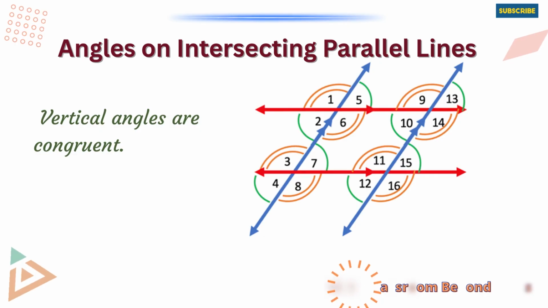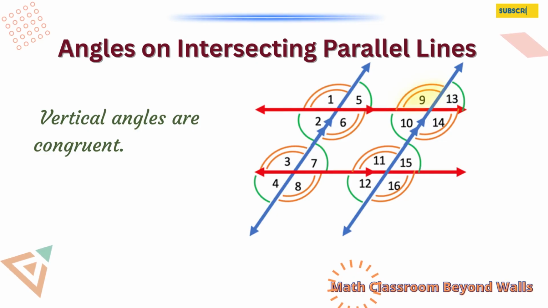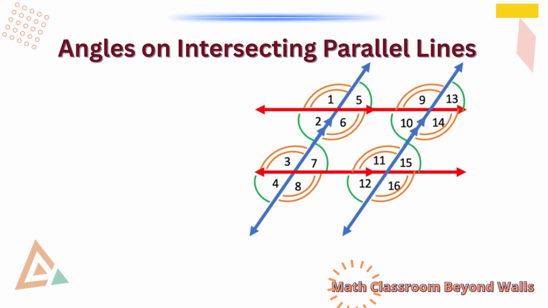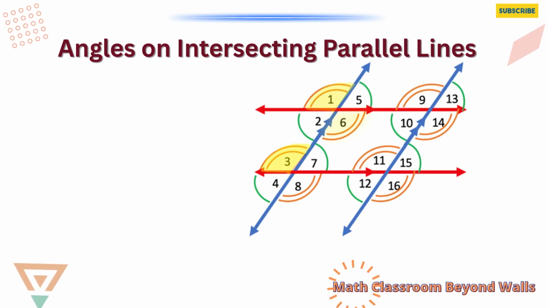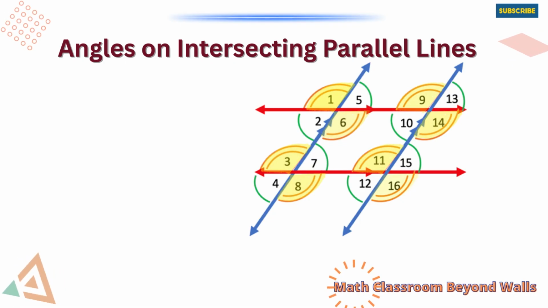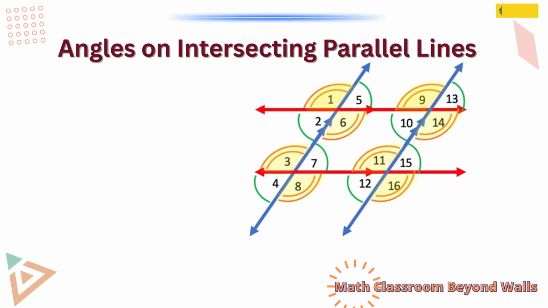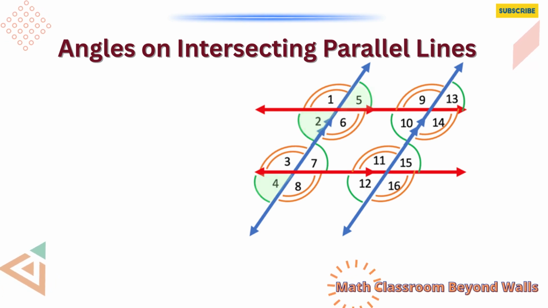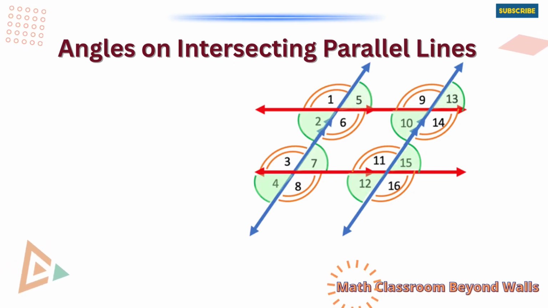Here are some: angles 1 and 6, angles 2 and 5, angles 9 and 14, and angles 11 and 16. Aside from the vertical angles, we also see that angles 1, 3, 6, 8, 9, 11, 14, and 16 have the same number of arcs on them, 2 arcs each, indicating that they are congruent. On the other hand, angles 2, 4, 5, 7, 10, 12, 13, and 15 have 1 arc on each, so